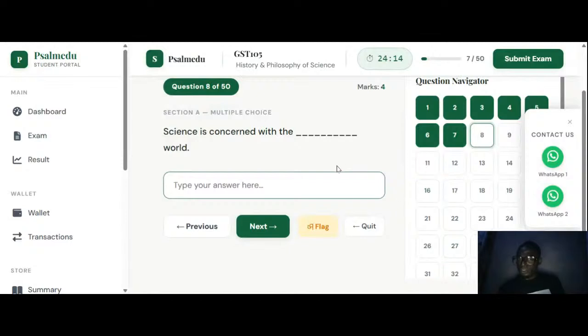I was just beginning to think that it should be the form of the world that they are studying, maybe physical world or terrestrial world. But since you're giving us the word natural, I think we'll go with you. So let's go with Unsuka: natural, the natural world. So next,